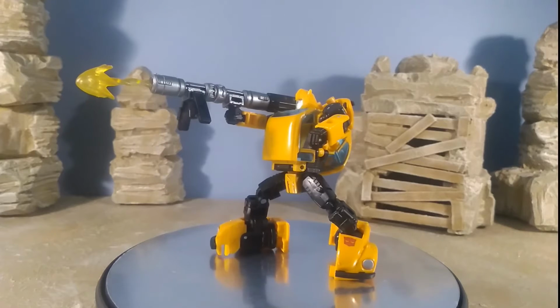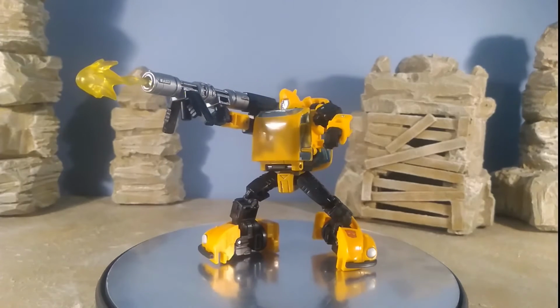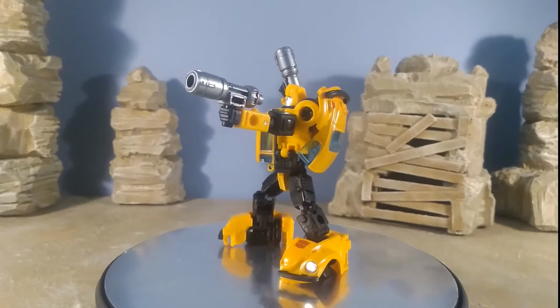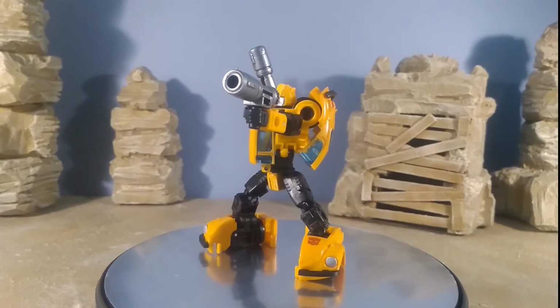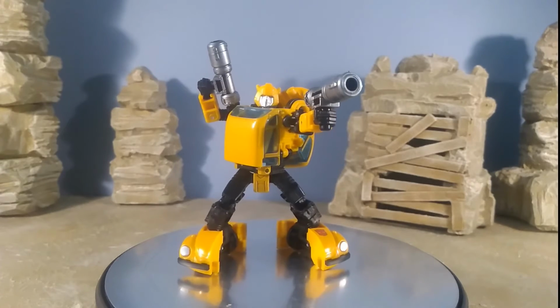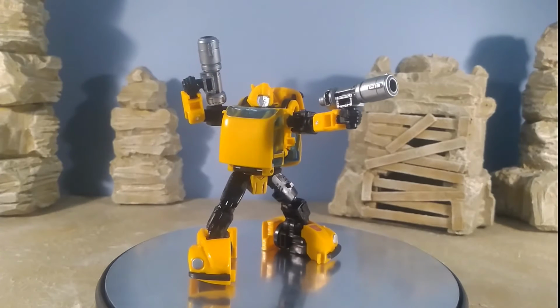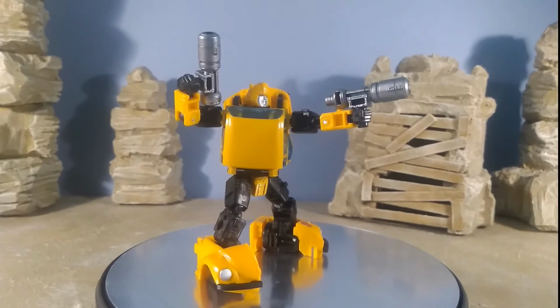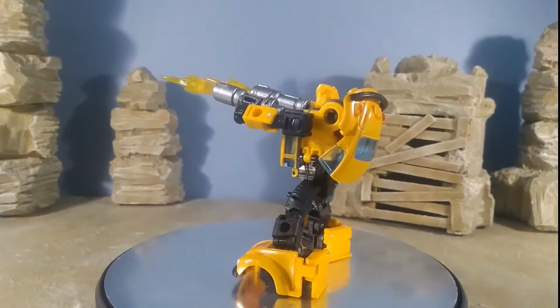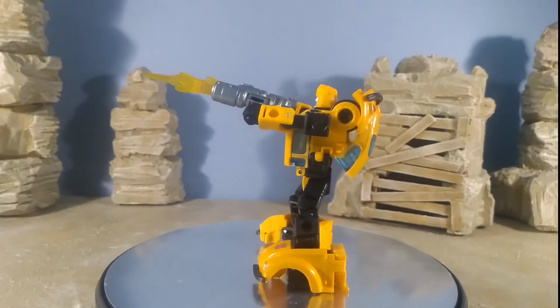That's okay. I'll give you that. That's great. That's pretty cool. Or perhaps more Bumblebee-esque. You could take it apart and it splits into 2 hand blasters. I think they suit him a bit better. They look more like something he'd actually use. I can imagine him more dual wielding these little chubby guns, and it looks really cool with them. And of course, these 2 parts are blast effect part compatible, and they're actually really good with him blasting away